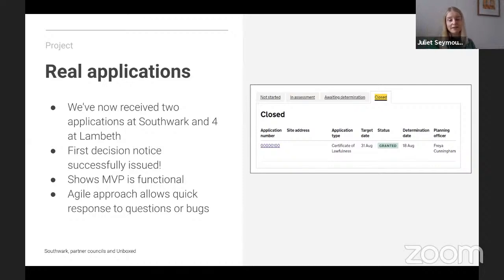And this includes 2 applications made to Southwark, one of which we've already issued a decision for, and the other for which we're due to submit at some point this week. And we've also received 4 cases now at Lambeth. We've been receiving good feedback from the officers who have been using BoPS to do their assessments and their validation as well. So this is really exciting news because it means we're able to prove beyond doubt that the BoPS